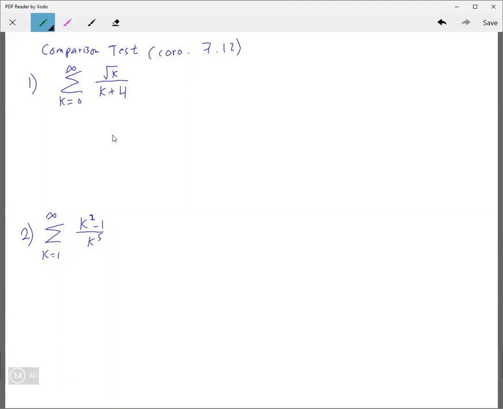If you see something like this, just focus on the highest ordered term. That's pretty much all you need to do. So if you take the square root of k over k, that's 1 over k raised to the 1/2, right? Now, these terms right here are actually